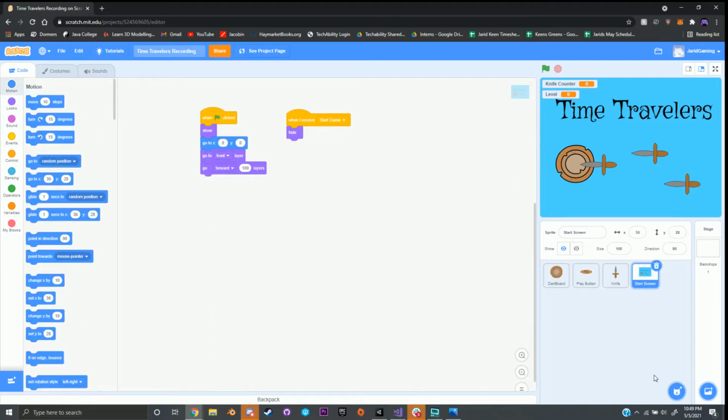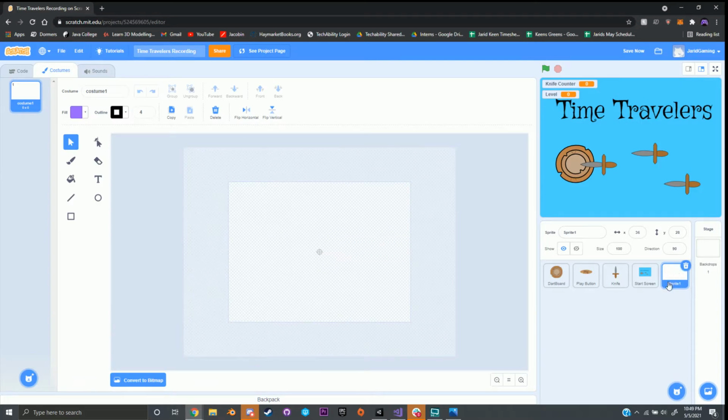Next, what we're going to go ahead and do is hover our mouse at the bottom right hand corner over the cat head with the plus sign. When you do, it'll say choose a sprite and a toolbar will appear. Click on the paintbrush. This will create a new sprite called Sprite 1, and we want to rename it. To do that, we go right next to where it says Sprite and Sprite 1 and highlight it, and we want to call it Start Directions Screen. So now that I've named this sprite Directions Screen,